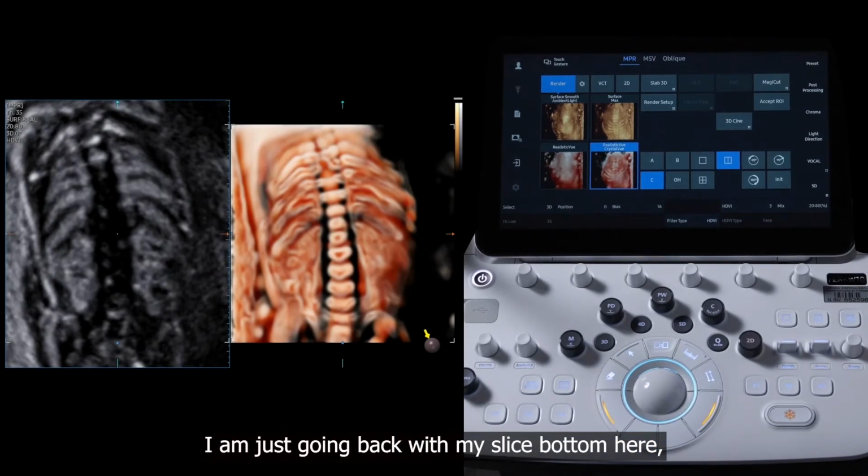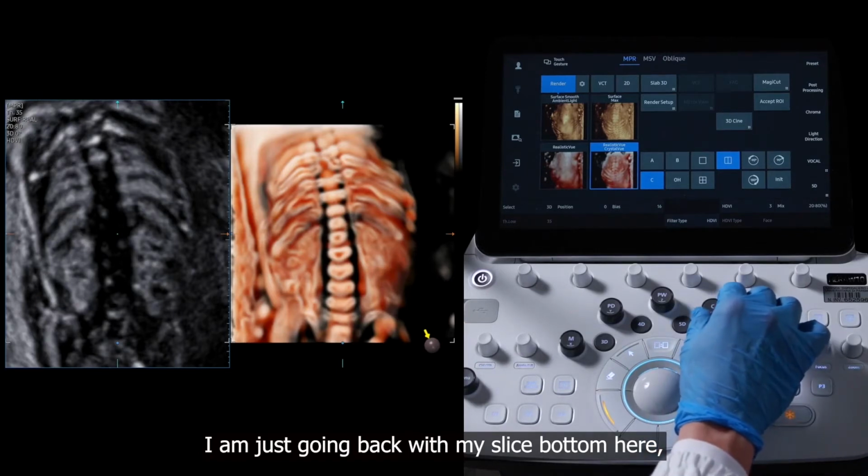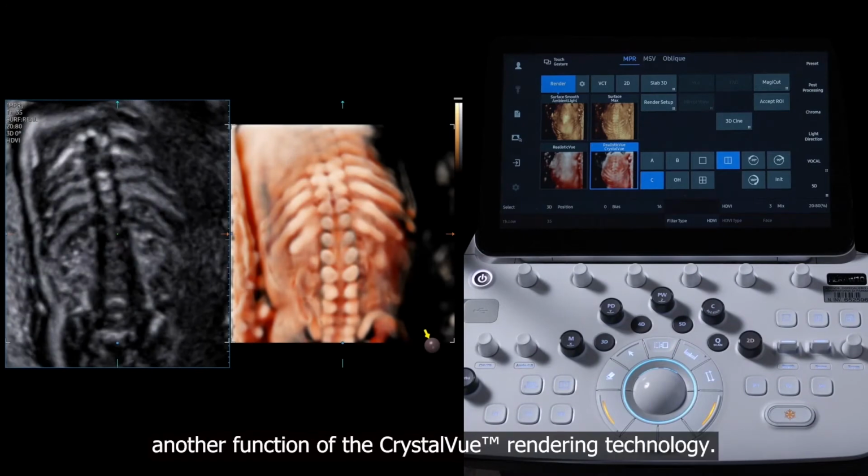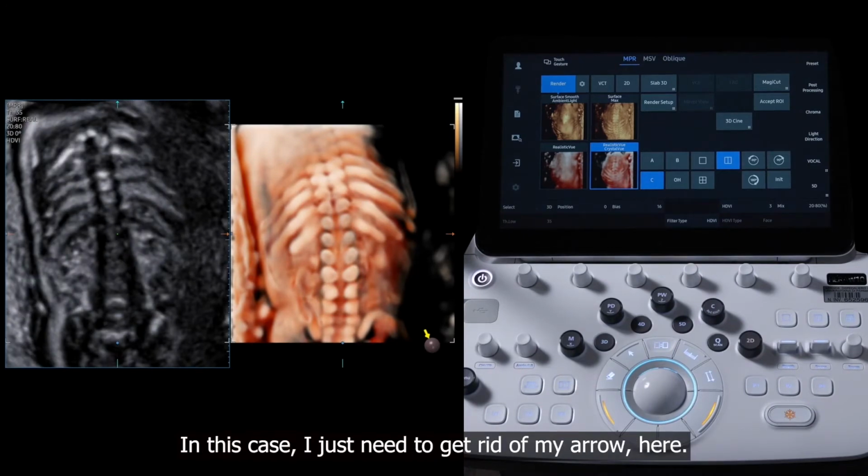I'm just going back with my slice button here because I'd like to show you at this point another function of the CrystalVue rendering technology. In this case, I just need to get rid of my arrow here. You can see that